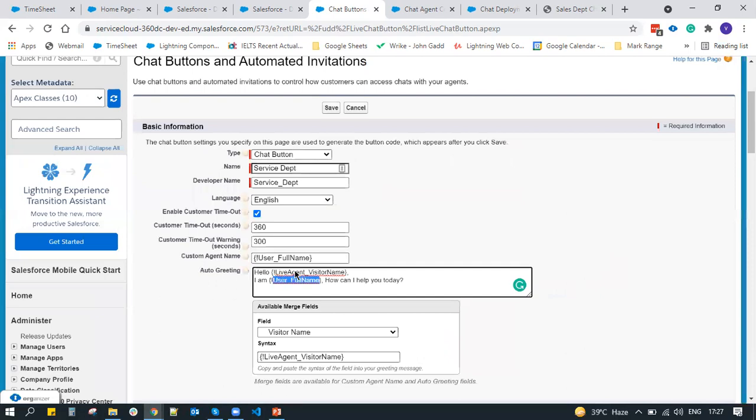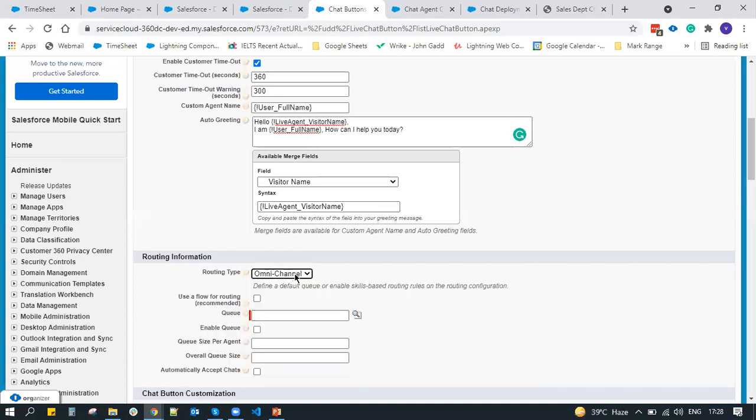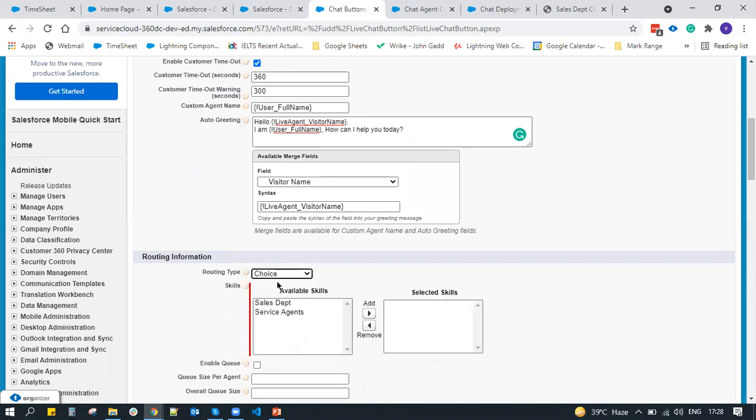After that, you will be having three, four, or five options here: choice, least active, most available, and button skills. All those are related to live agent, whereas omni-channel is related to the omni-channel part. Right now we are working on the live agent thing, so I'm setting it as choice.